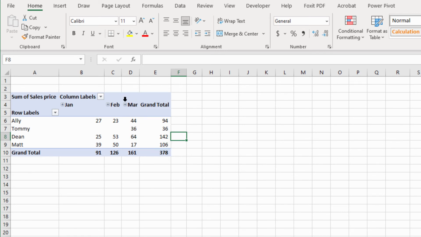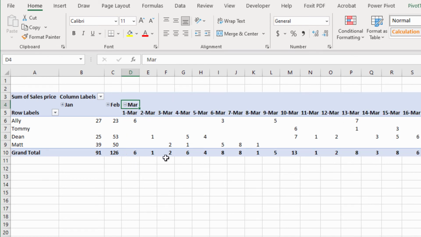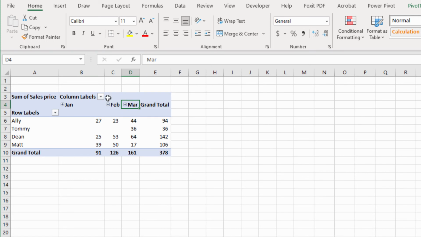Now, if we want to look at the daily sales, we can click on one of these little twisties and we can see, okay, pretty consistent throughout, but it's a bit too much information. So let's just roll it back up to keep it at the monthly view. All right, so the pivot table itself is obviously very useful and easy to change around until it gives us the information we're looking for. But sometimes we need a little bit more, like a graph. Well, we can create what's called a pivot chart, which presents whatever is in the pivot table as a graph.